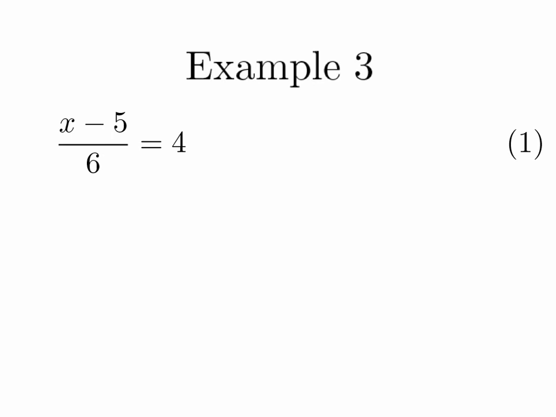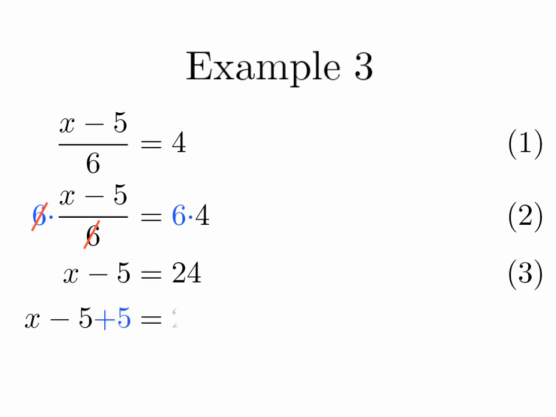Now, for our third example, it's a little bit different, right? Here, we're going to have to multiply both sides first. We're going to multiply first. So we multiply both sides of the equation, and the 6's cancel, and we're left with x minus 5 equals 24. And then it becomes a simple equation. We just add 5 to both sides of the equation, and when we're done, we're left with x is equal